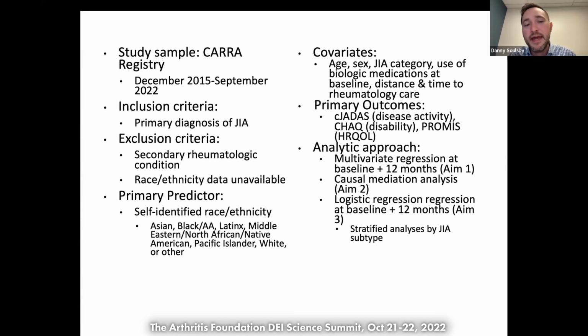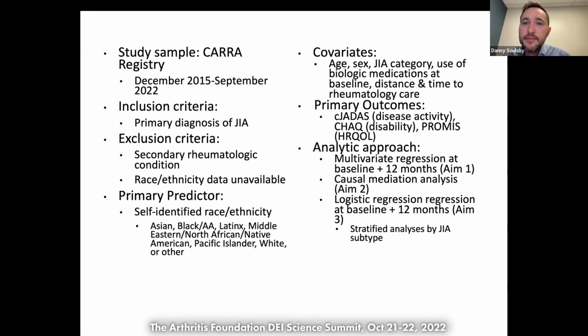And then if they have another secondary rheumatologic condition such as lupus. Our primary predictor, like I mentioned, with the exception of aim 1, where it's the score, but for the other aims will be self-identified race and ethnicity. And we already talked a little bit about our primary outcomes. I'll just put a plug in here that we're also going to look at PROMIS measures to understand patient-reported outcomes